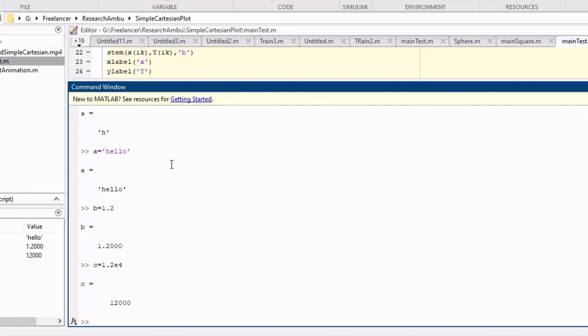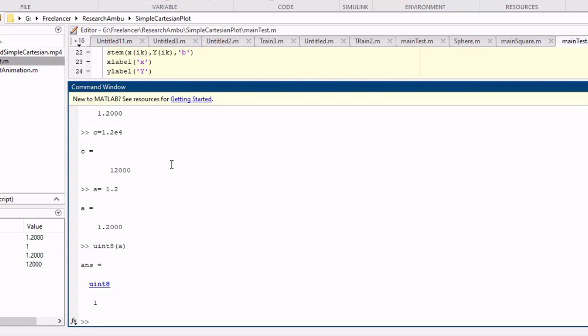If you assign, for example, a equal to 1.2, it's a floating value. If you want an integer value, it's just a casting type like uint8 of a. It's automatically converted into unsigned integer 8-bit format. So this is the first thing of basic MATLAB. It's easy to assign any variable, and for integer or any casting, everything is easy.